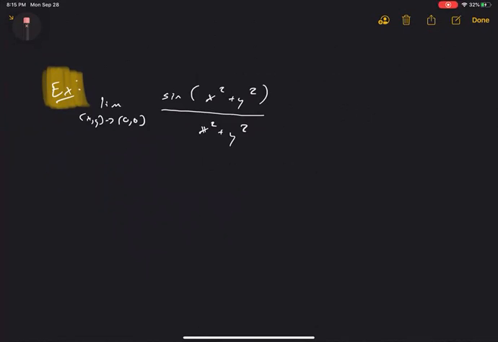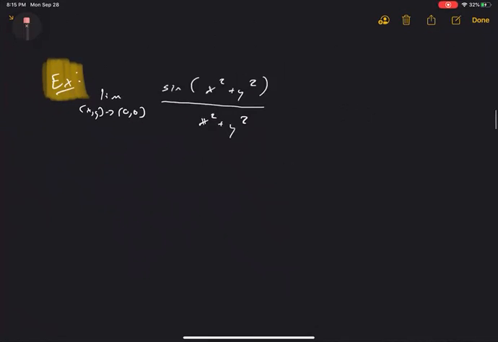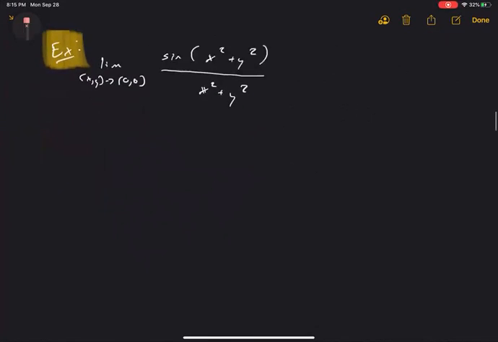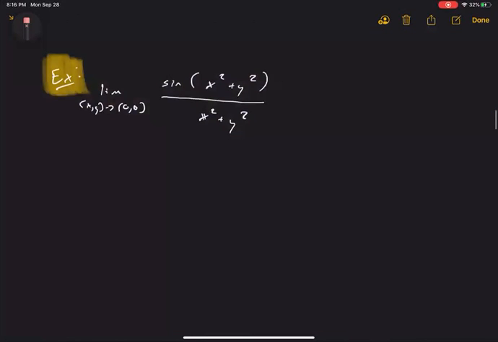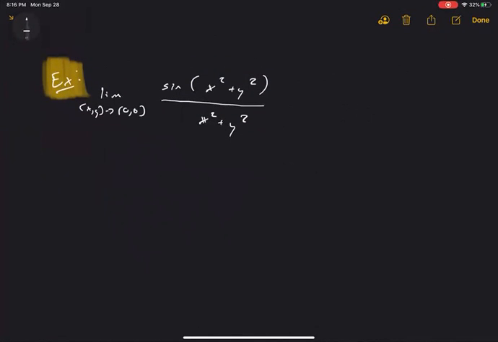So we have 2 inputs and it should give us a real number output. What is this number? What is this limit? Does it exist? And the book, this is one of the early examples in this section, 14.2, and it doesn't really give a mathematical argument why it exists. It just gives a table of values